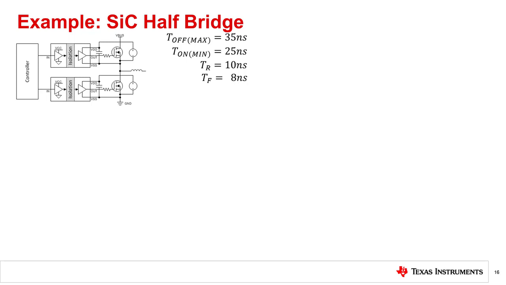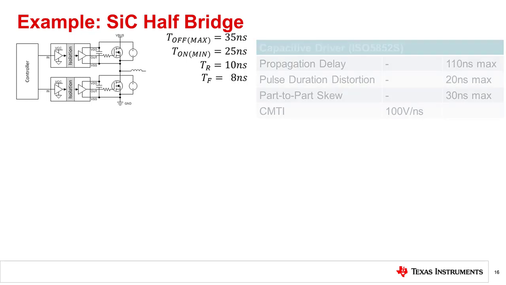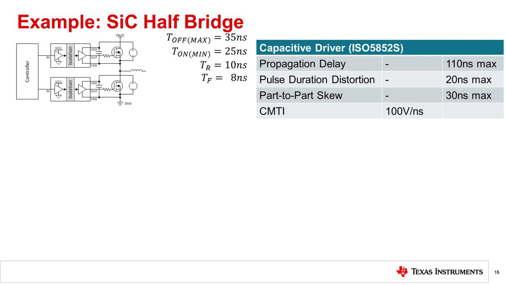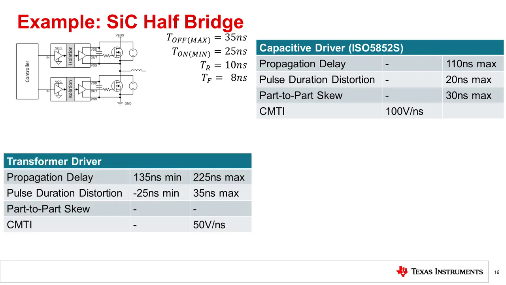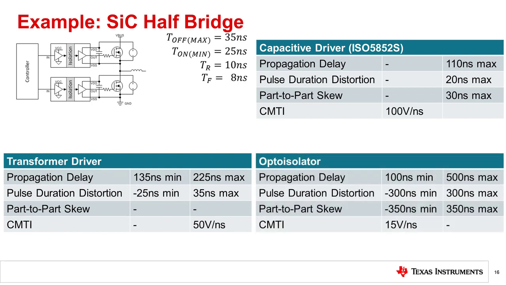What would be the minimum required dead time for this system over operating temperature if we consider using two TI ISO 5852S drivers with these characteristics, two transformer drivers with these characteristics, or two optoisolators with these characteristics? These examples are chosen from comparably priced components. Let's assume the drive strength of each driver is sufficient to meet the 35 nanosecond turn-on and turn-off time. In all cases, the propagation delay from low to high and from high to low is closely matched.